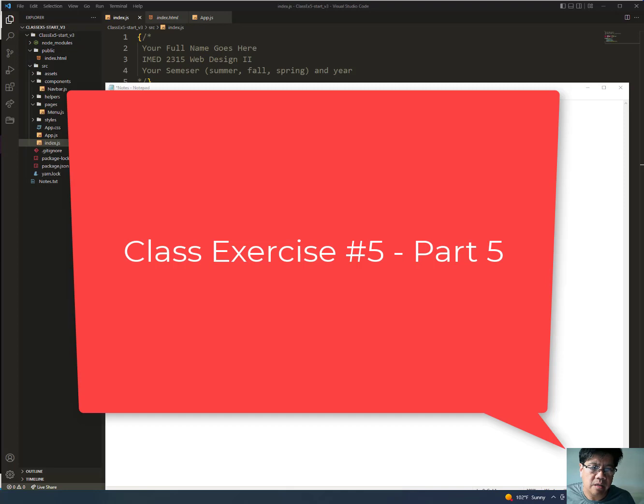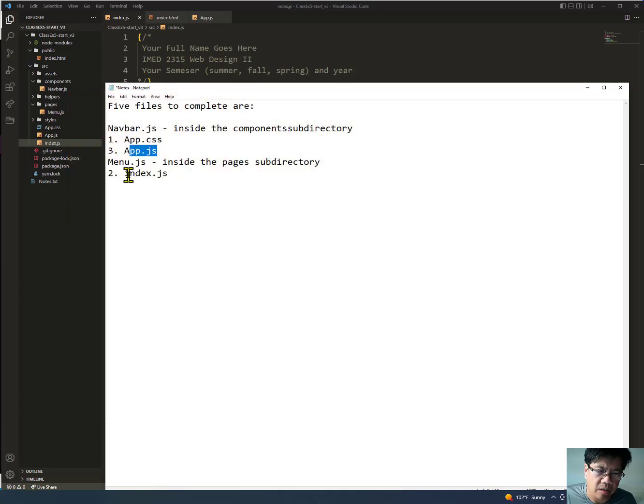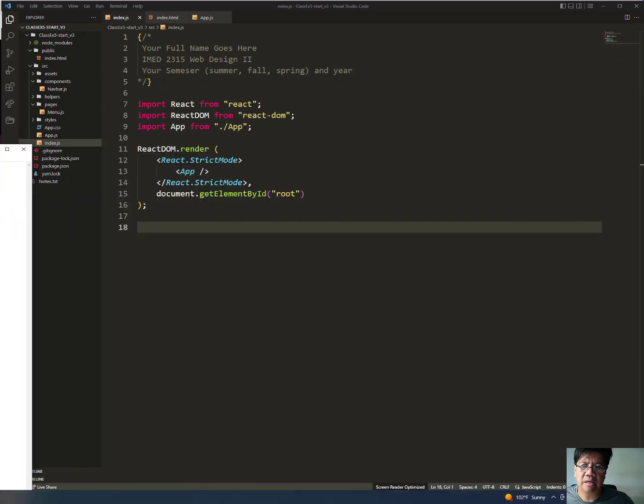So we did the app.cs. The second one is the index.js. The third one is the app.js. The fourth file that we're going to attack here is what's called the navbar.js. This one is the one that actually sits inside of your